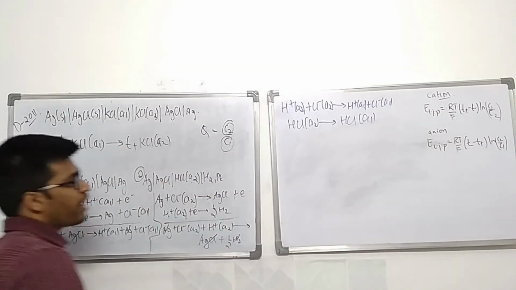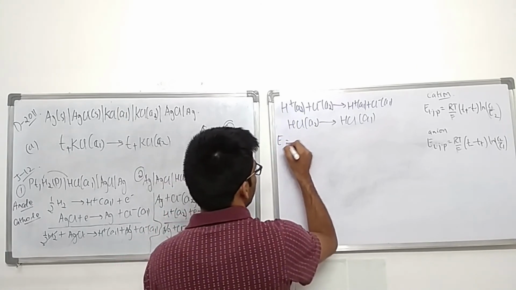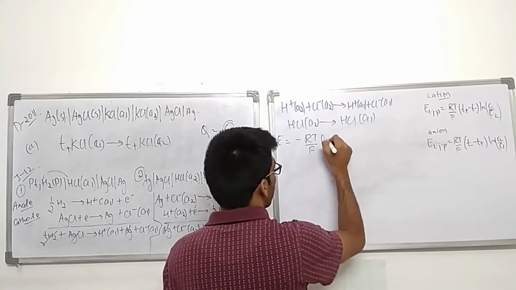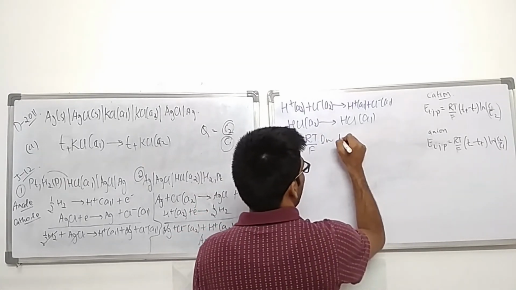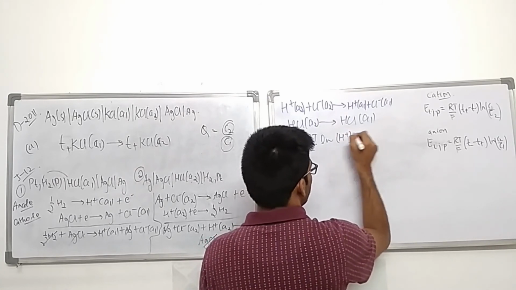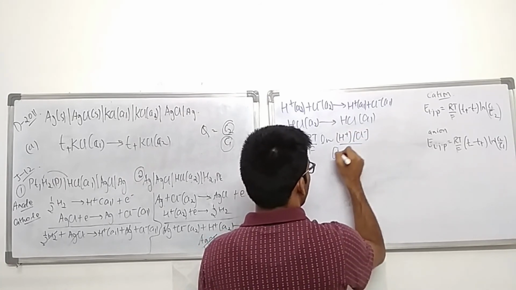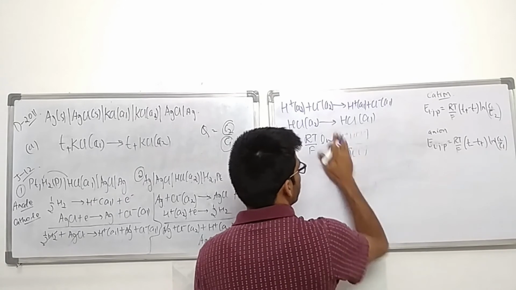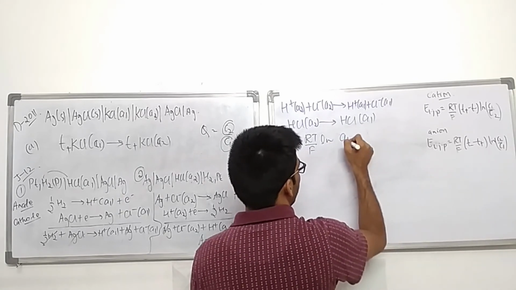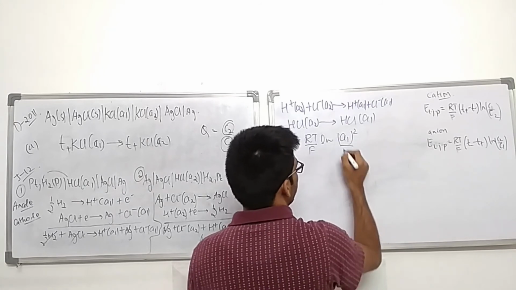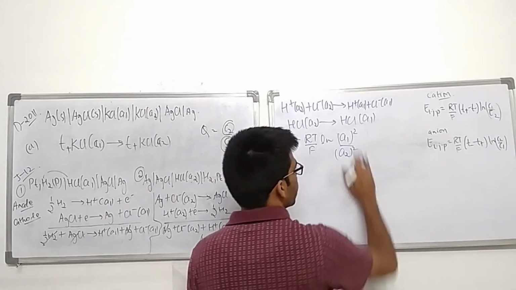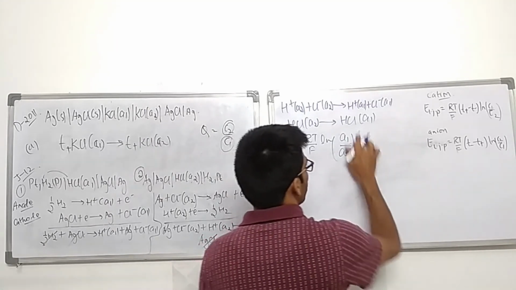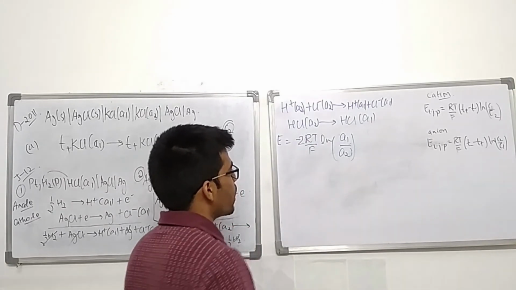Now if I have to find the potential for this, I would get E equals minus RT by F ln of H plus concentration and Cl minus concentration by H plus concentration and Cl minus concentration. Since both of them have A1 concentration, I will write A1 squared, and this has A2 concentration, this will become A2 squared, or I can rewrite this as A1 by A2 whole squared. This 2 will come in the front because of the log, so this becomes minus 2 RT by F ln